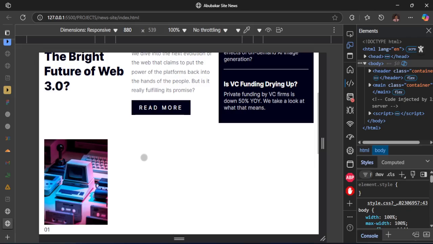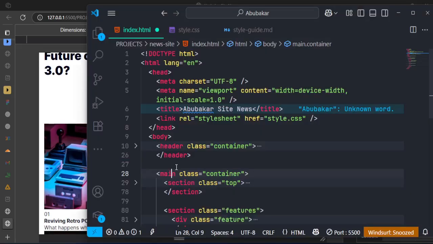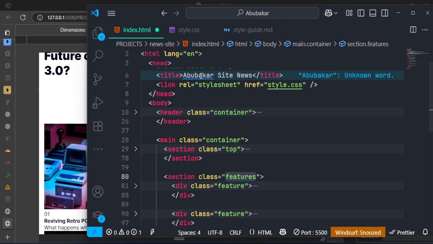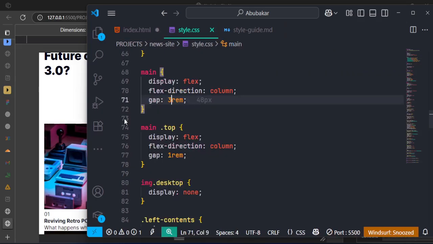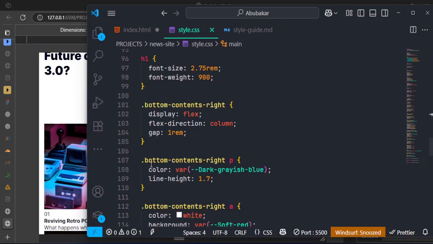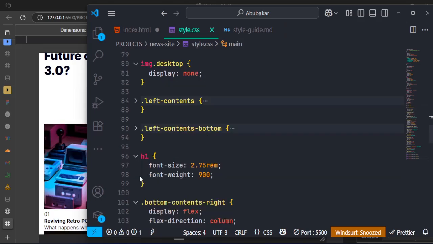So we need to work on this section, like that. And what's that section that we want to work on? We want to work on these features. And what do we need to do with these features? We just need to display it as flex. On mobile, they are going to be placed on top of each other, not side by side. So let me collapse all this so that it will be easier for me to move up and down,